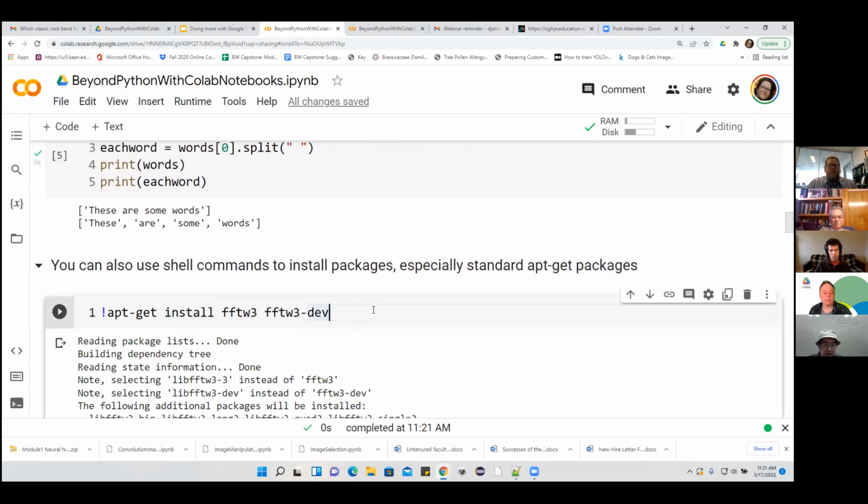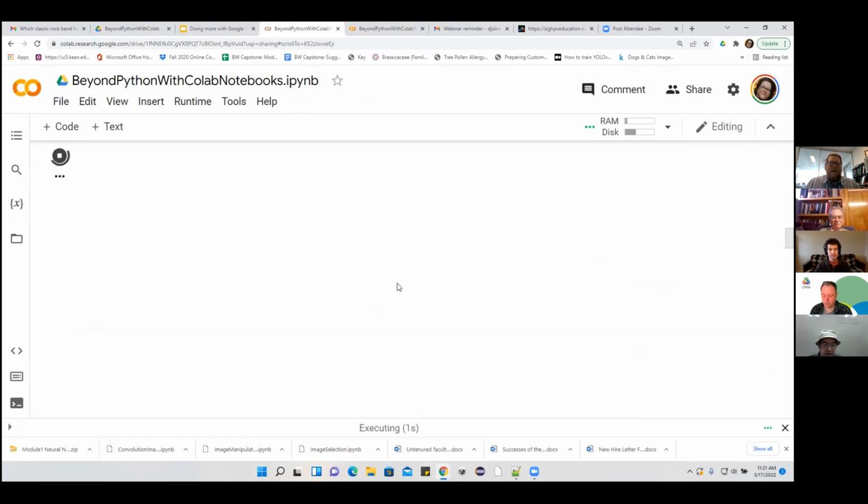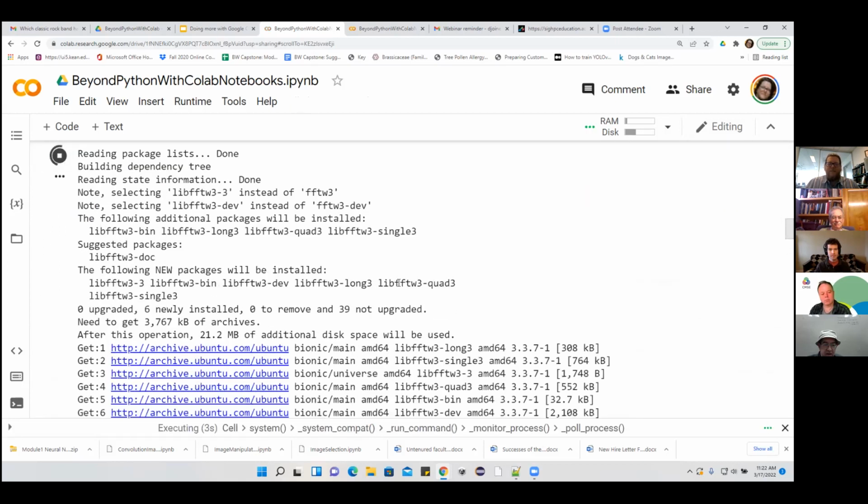If you need to have software on your virtual machine that isn't there by default, and it's getting harder and harder to find stuff that CoLab isn't putting into a default package. I started going through and looking at, oh, well, I'll run this or I'll run that as an example, and at this point, they're all just standard in the CoLab shell. I had to basically go to FFTW before I found a software package that wasn't installed by default already. But I can go in and I can run an apt-get, say, for example,